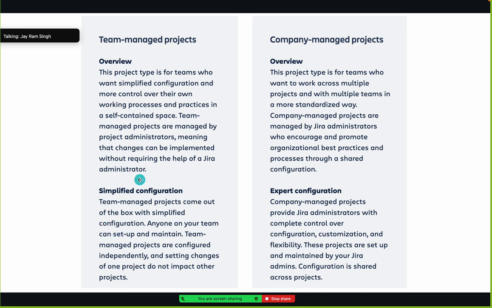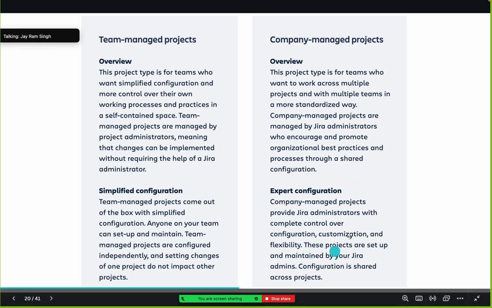Configuration is very simple. Company managed. Whenever working with similar work, same multiple teams, similar blueprint, I will go with the company managed. Here the configuration is at the global level, so some expert configuration